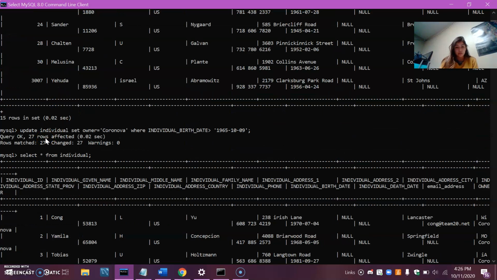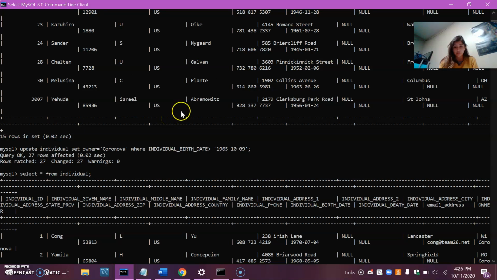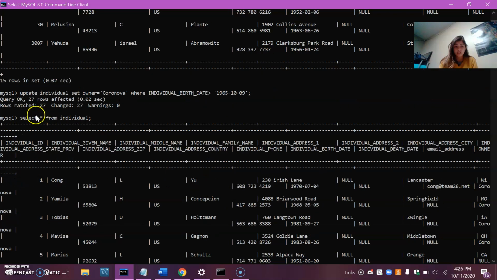And then in order to insert Coronova as the owner and only have it be with individuals who are under the age of 55, I said update individual and set owner to Coronova where individual birth date is less than 1965 10/09. So 1965 and then September 9th, because that was the day that our lab was due. And then I ran it and I did select from